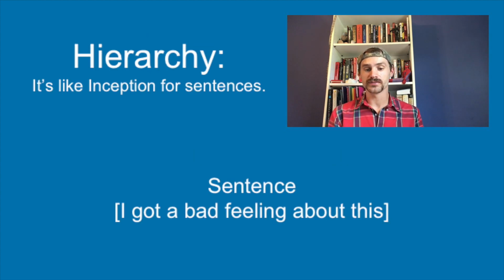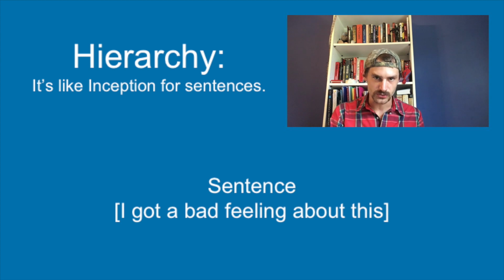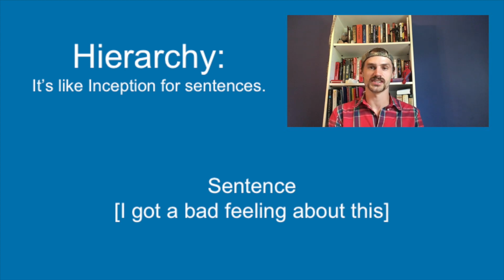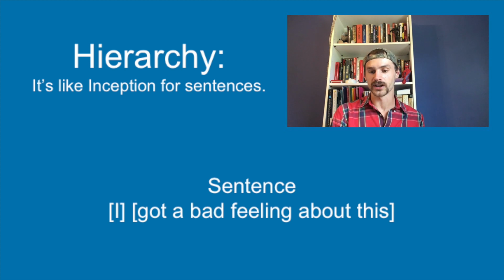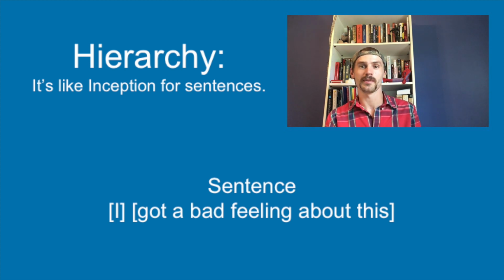Now, it's possible to view sentences as simple strings of words going from left to right, but it's actually much more revealing to view them as hierarchies with different levels that you can go deeper and deeper into. So you get a constituent within a constituent within a constituent, and so on and so forth. Let's take this example sentence and divide it into two parts, the subject and the predicate. And we see that our sentence is now made up of a noun phrase and a verb phrase, so we're going to label them as such.